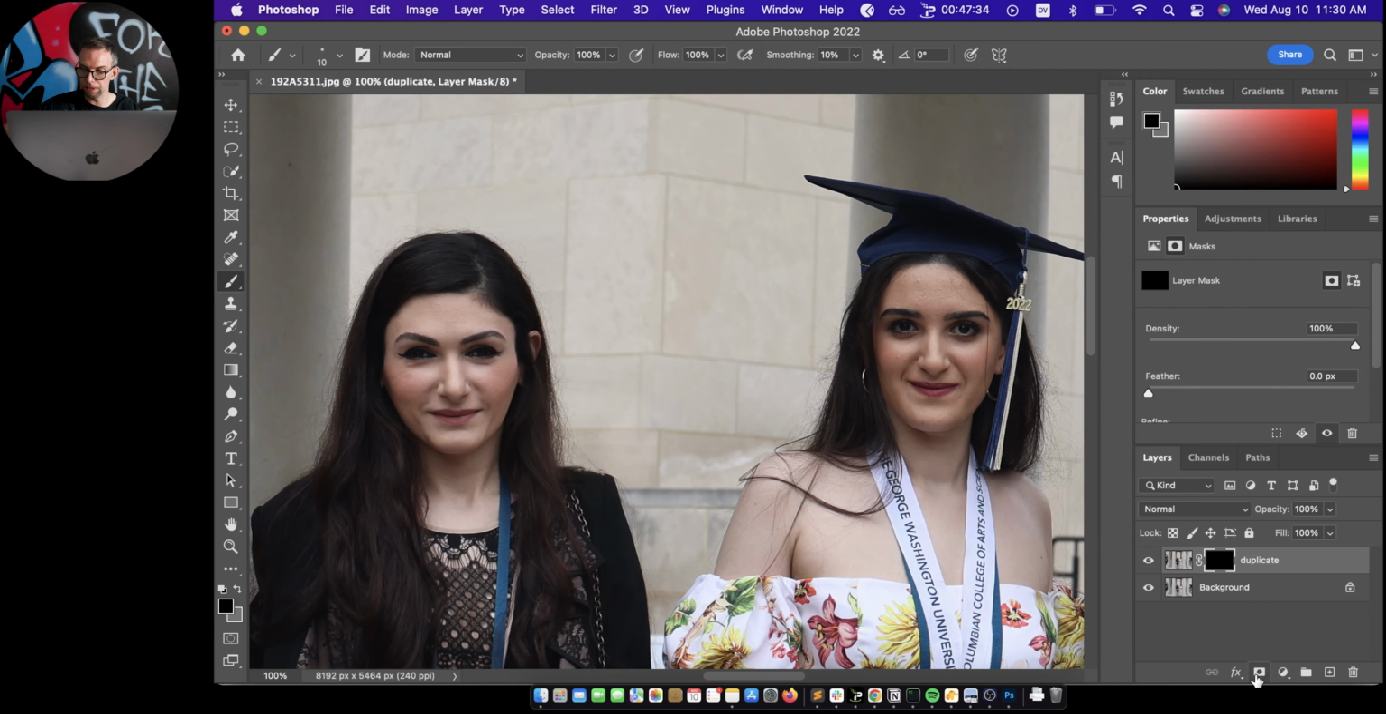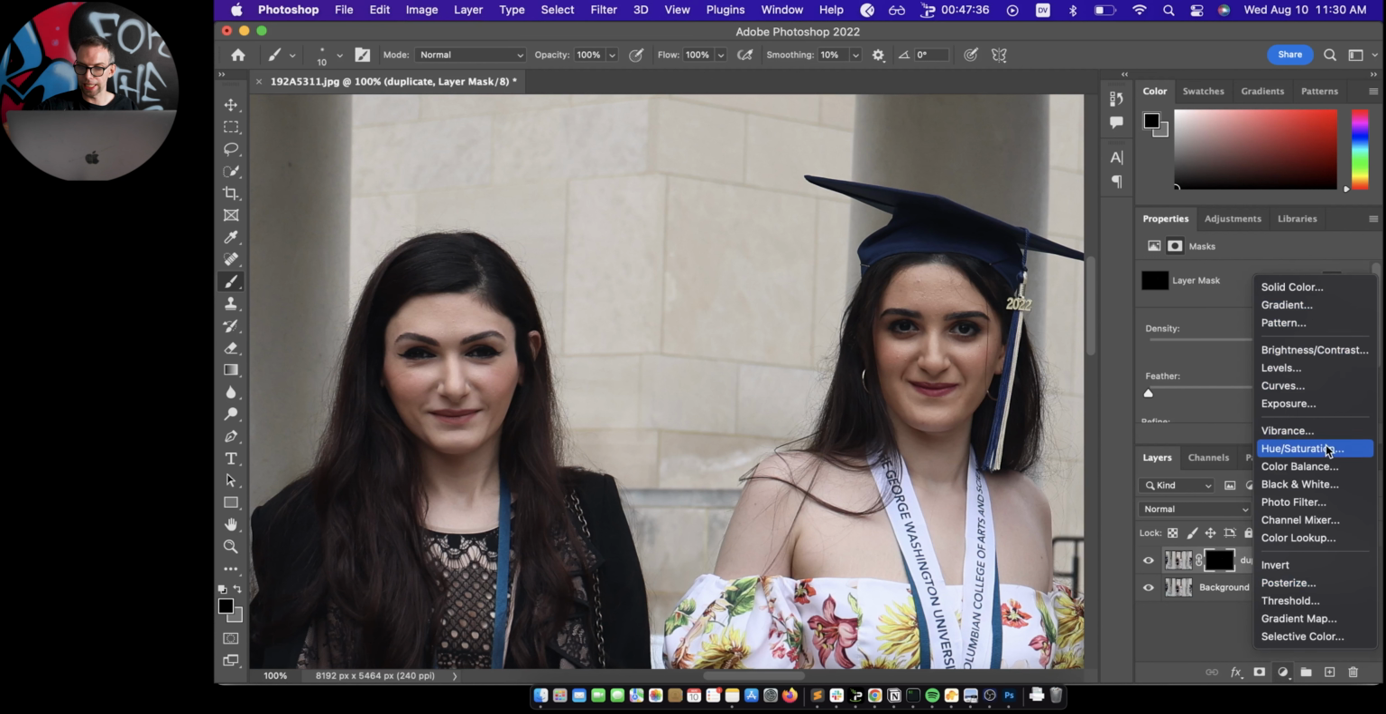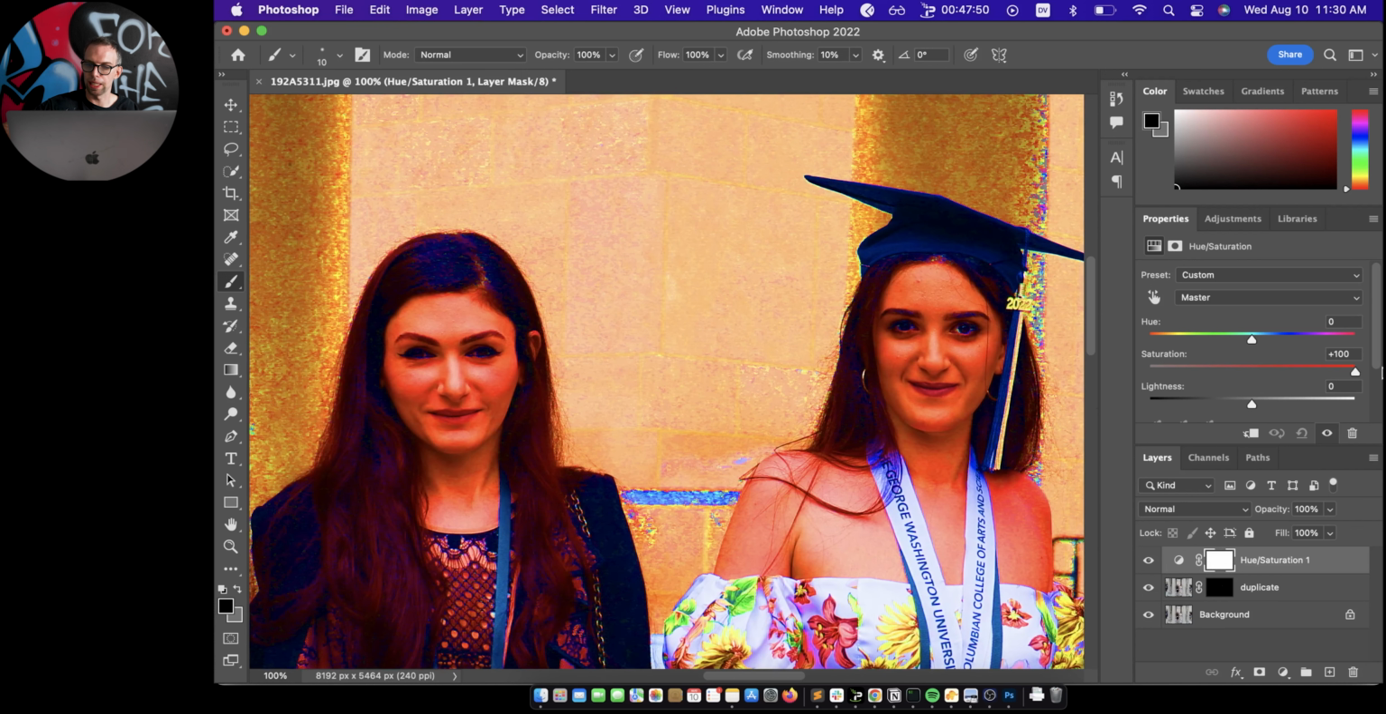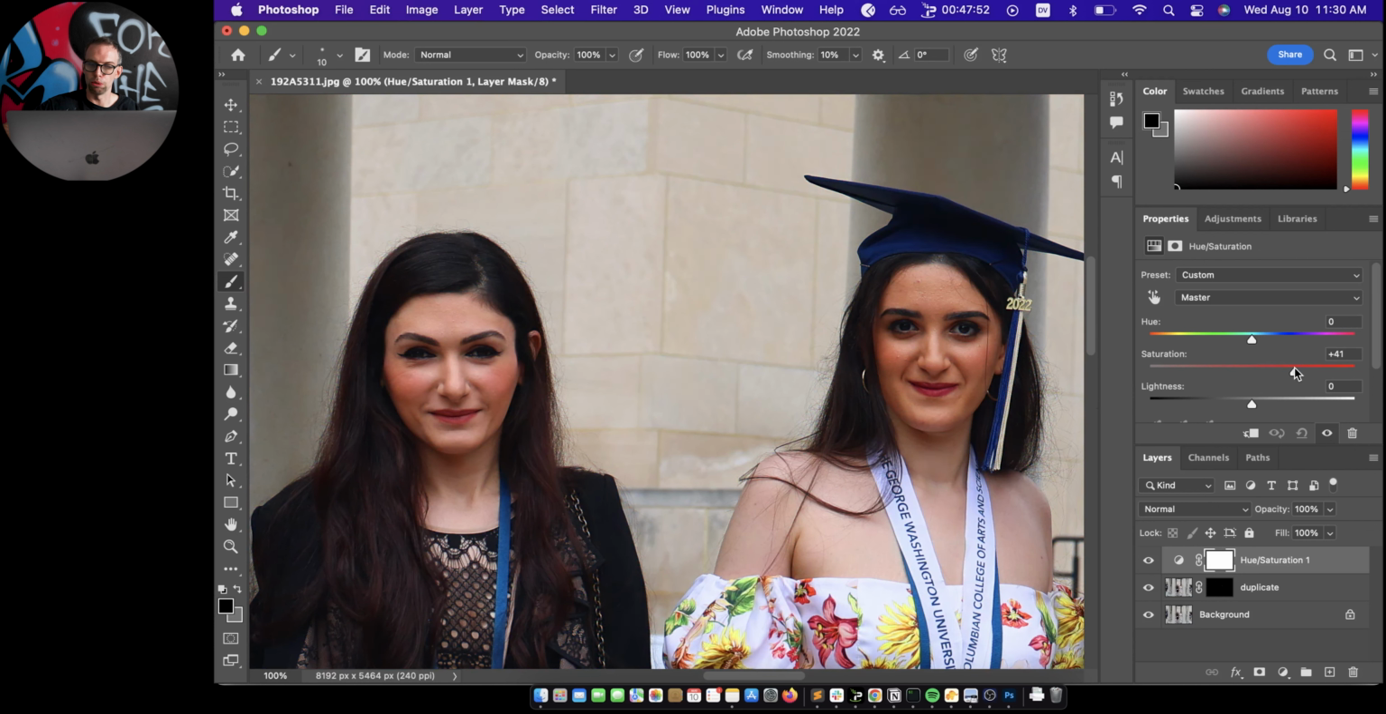And so even though we haven't done anything, I can now add an adjustment layer. The adjustment layer we're going to add is Hue/Saturation 1, and I'm going to increase the saturation. But if you notice here, the saturation is being increased on everything. It looks really weird, and I made it really big and really small to highlight what saturation can do to